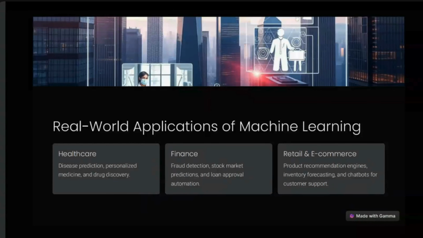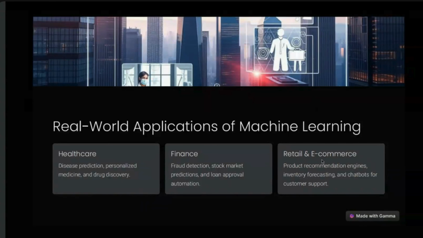And loan approval automation is there. Nowadays we can easily take a loan using a mobile phone. Otherwise we have to go to the bank, submit documents, and give some property details to the bank manager, and only then we get the loan. But nowadays we have a CIBIL score. By using that CIBIL score, any bank can give us a loan. We don't have to give any property documentation or go anywhere.